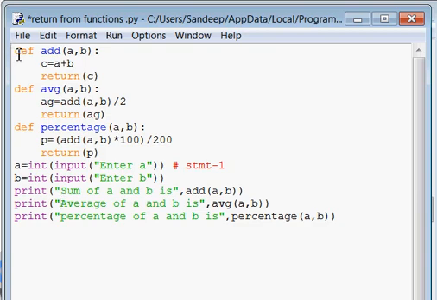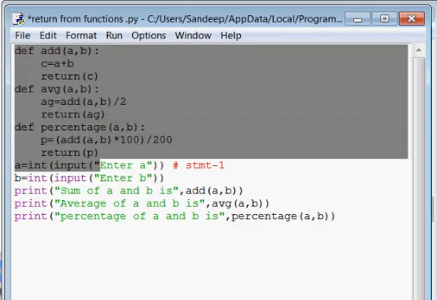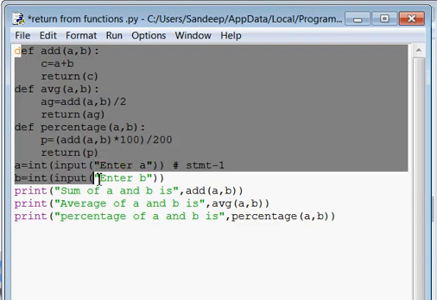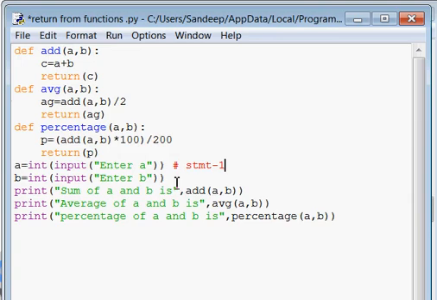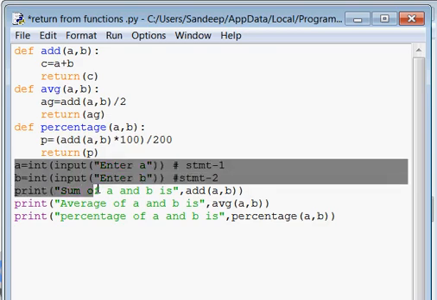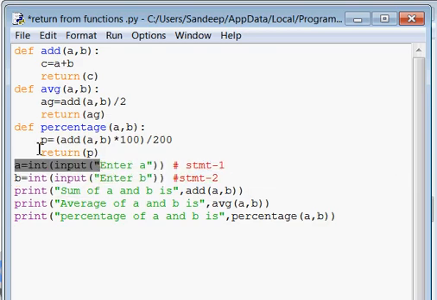So these are three functions, and after these three functions I have written 5 statements also. This is your statement 1, this is your statement 2, and so on. From which statement will the execution of the program start? Your execution will start from this statement, because this statement is not given in any function. So the statement that will be executing at the very first is this one.